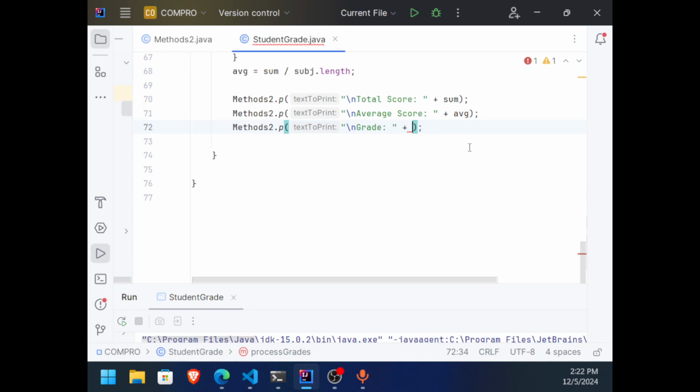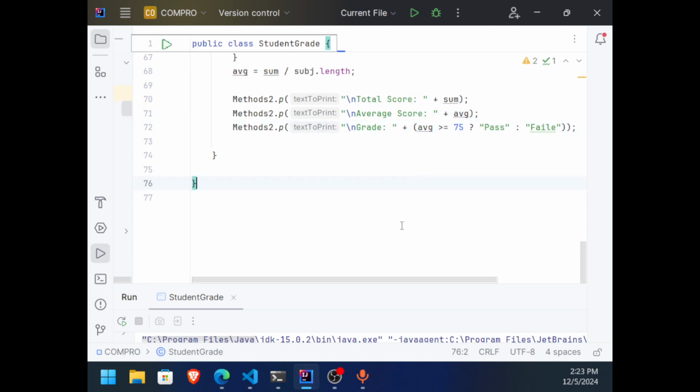Okay, so gamitin natin dito yung AVG. AVG is greater than or equal to 75 daw. Kung ganyan ang grade, question mark, isasama natin yung pass. Kung hindi, fail. But of course, this will create an error. We have to group that with parentheses. Okay, something like that.